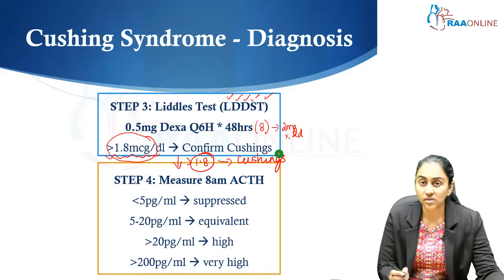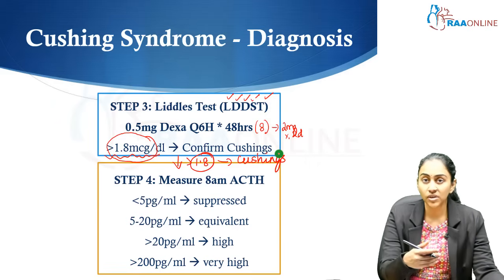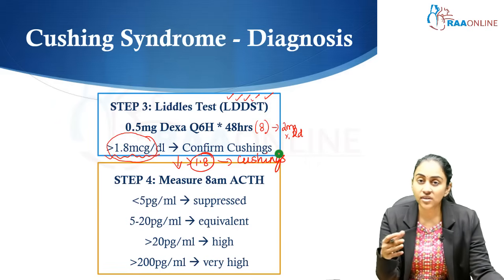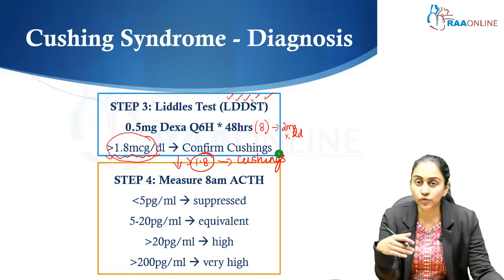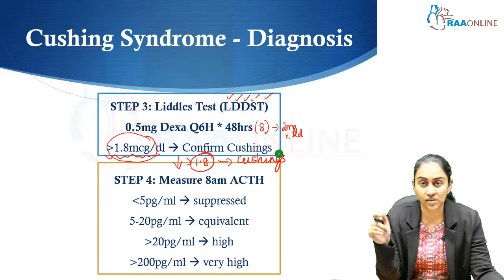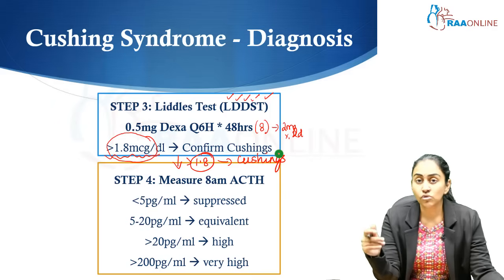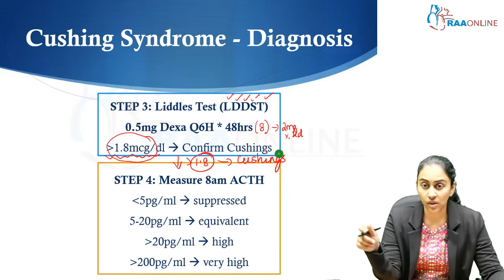Now, the next important step is, so 3 basic steps to confirm a diagnosis of Cushing syndrome. You start off with the 8 AM cortisol. What do you understand at the end of this step? Whether it is exogenous or endogenous. If it is endogenous, you move to step 2 and you screen for Cushing's. If the screening test is positive, that means there is cortisol excess. Now, we have an important responsibility to rule out pseudo Cushing's. That is where the Liddle's test, the low dose dexamethasone test, step 3, comes in handy. So, you do a confirmatory test, and if the low dose dexamethasone suppression test is positive, this is definitely Cushing syndrome.